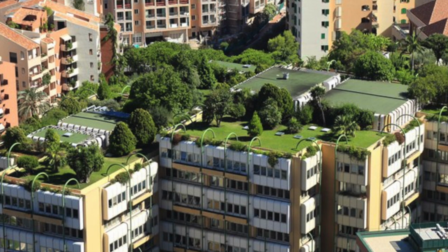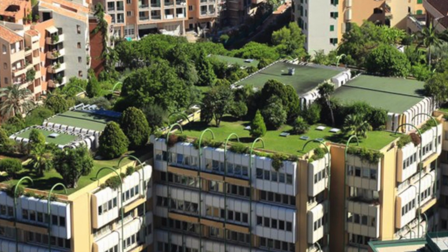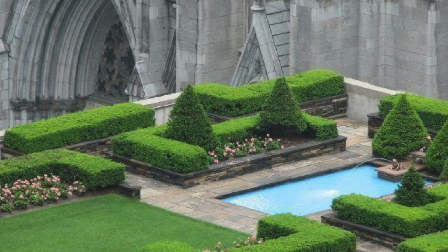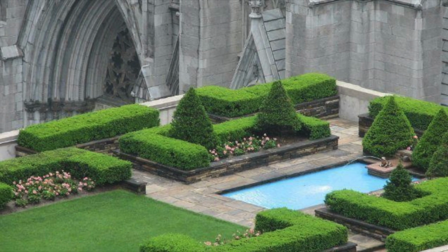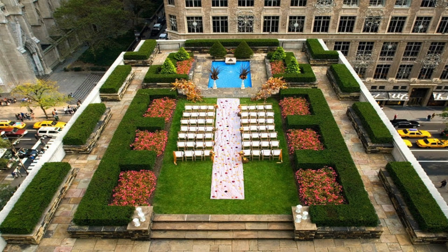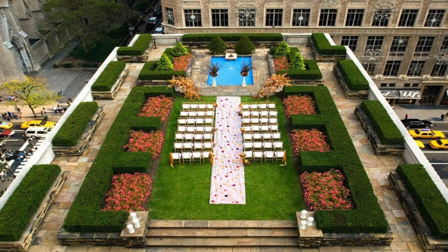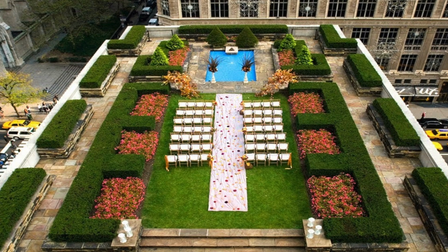Imagine looking out over the rooftops of a city and seeing a canvas of living plants. All around the world, rooftops are going green, especially in cities. These rooftop gardens are an environmentally friendly option that is gaining popularity. Living green roofs have many advantages, including providing more space for agriculture, adding beauty to the cityscape, and increasing the